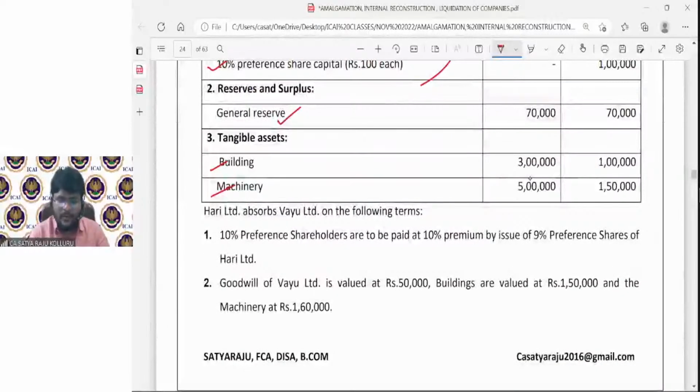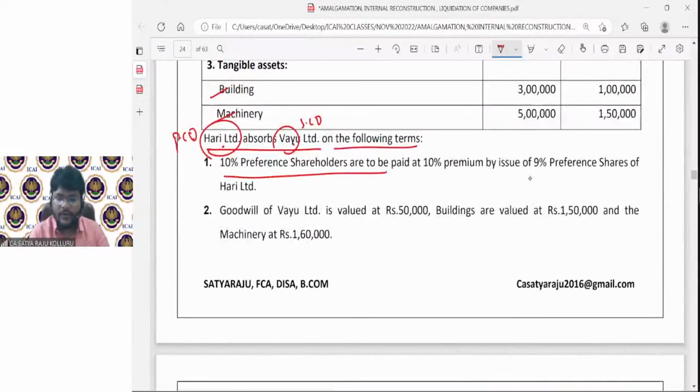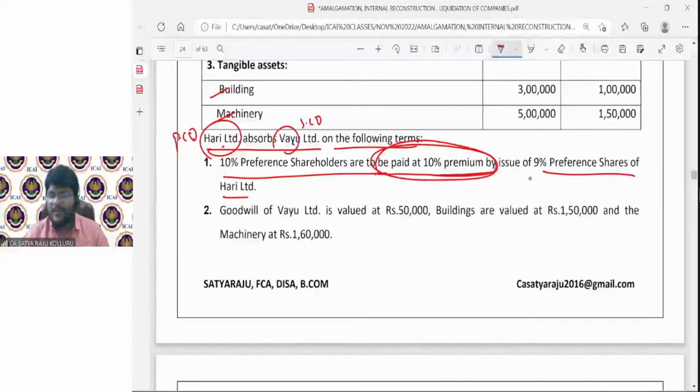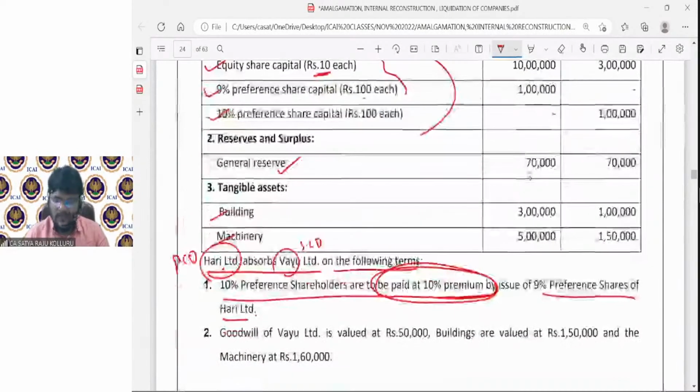Come down. Hari Limited absorbs Vayu Limited on the following terms, which is a pure absorption. Absorption means an existing company will take over another existing company. Hari Limited absorbs Vayu Limited. Hari Limited is the purchasing company. Vayu Limited is the selling company. 10% preference shareholders are to be paid at a 10% premium by issue of 9% preference shares of Hari Limited. Paid at a 10% premium means discharged with premium, but the issue is at par. Discharged with premium means,